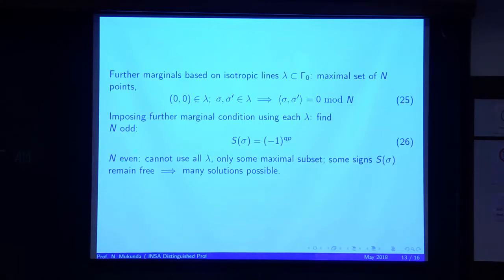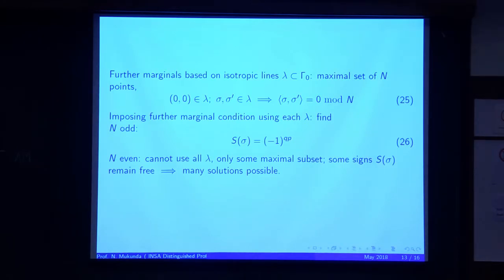So in summary, for the odd dimensional case, the situation is very simple. There's an essentially unique way to choose these sign factors, therefore a unique prescription to define the Wigner distribution, to define the Weyl rule, and so on. For even dimensions, there are many, many solutions which grow quite rapidly as the dimension increases. Incidentally, the unique solution in the odd case corresponds exactly to the use of parity in this situation,